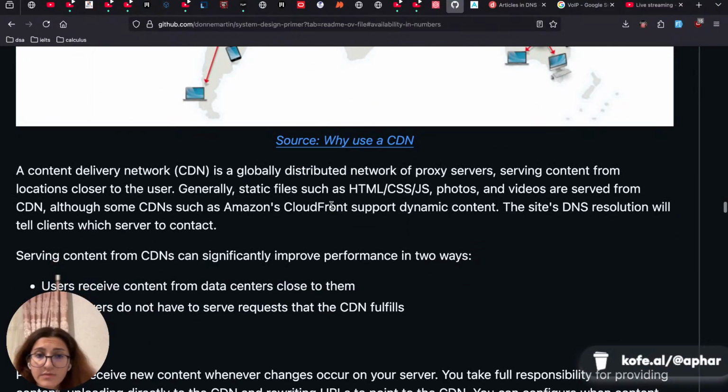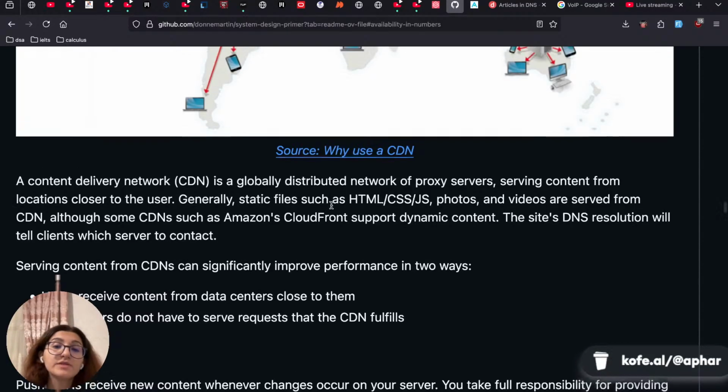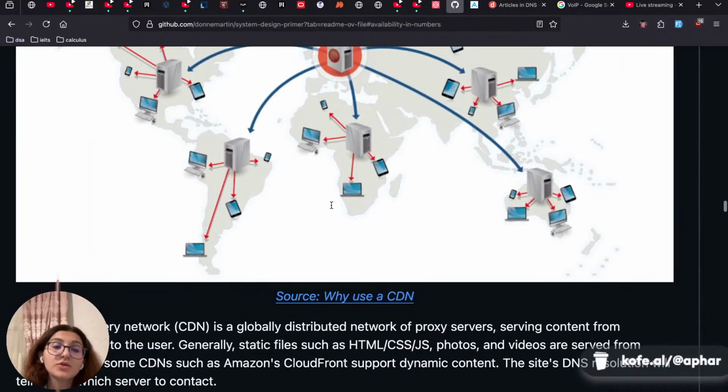Content delivery network. A CDN is a globally distributed network of proxy servers serving content from locations closer to the user. Generally, static files such as HTML, CSS, photos, and videos are served from CDN, although some CDNs such as Amazon's CloudFront